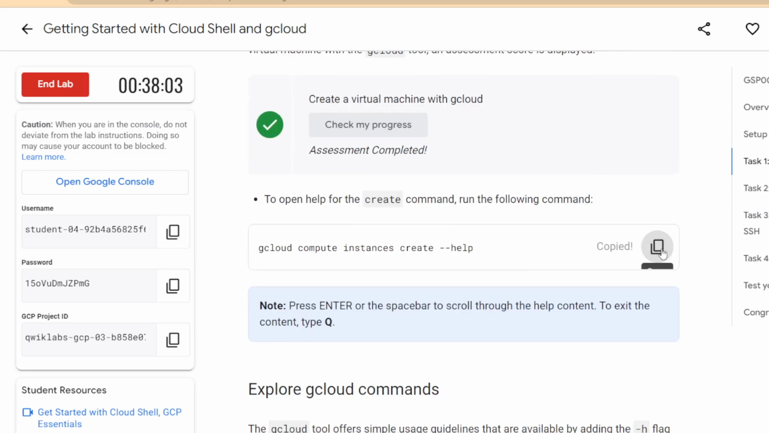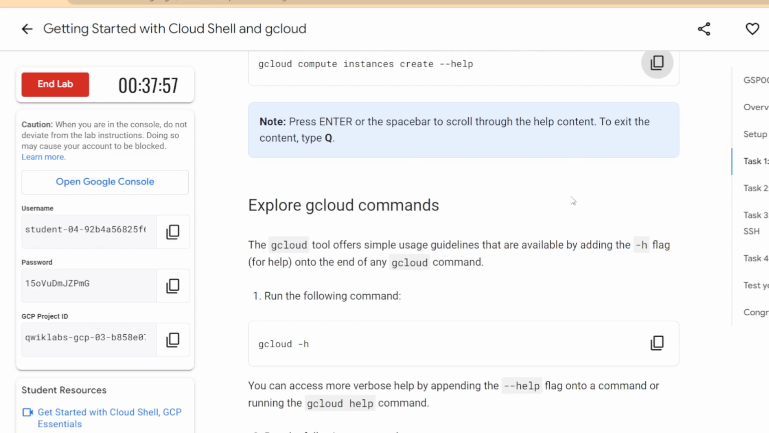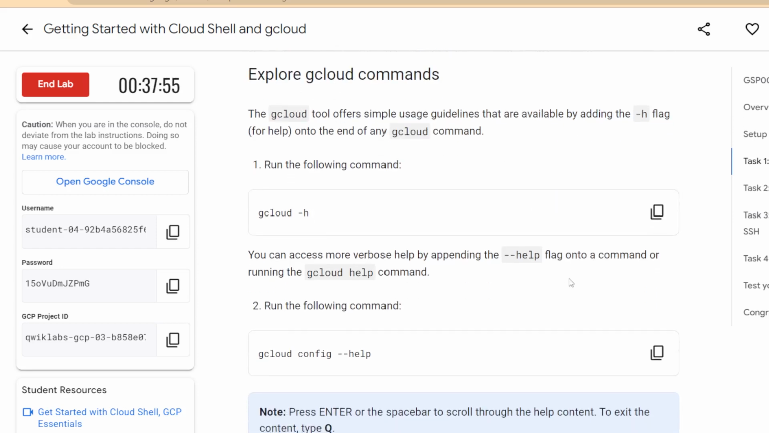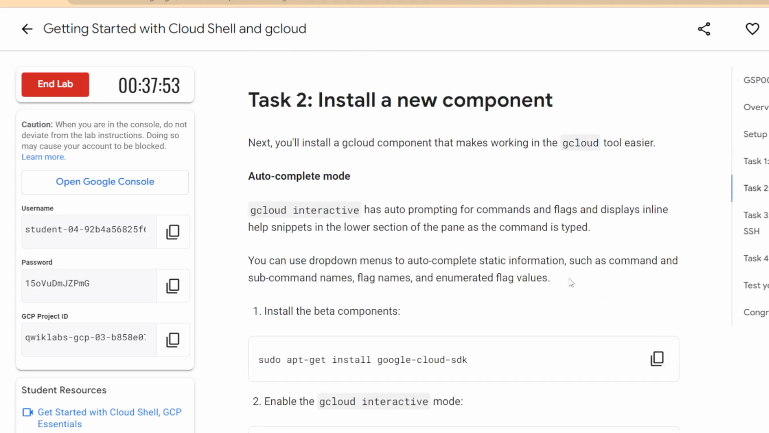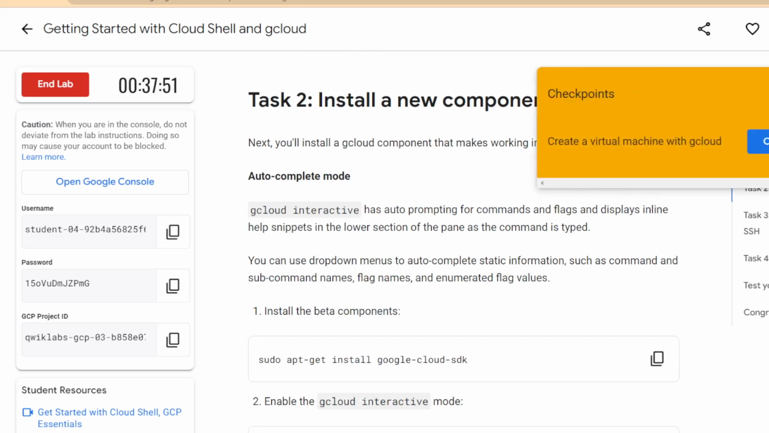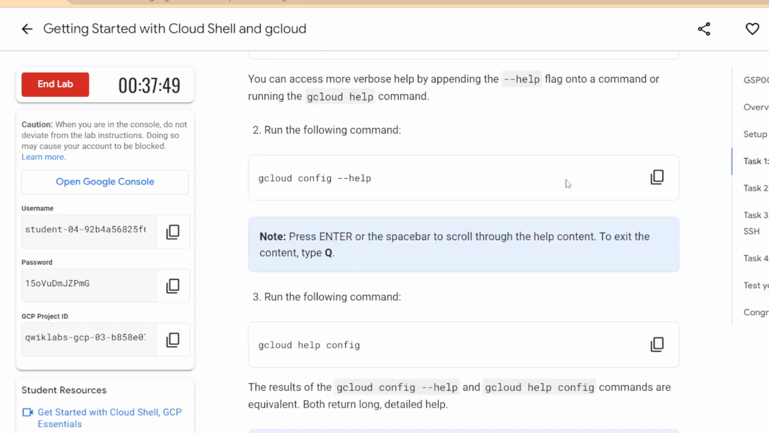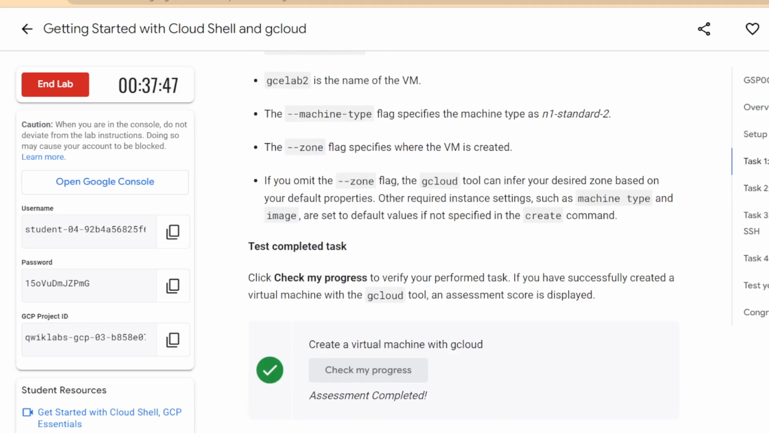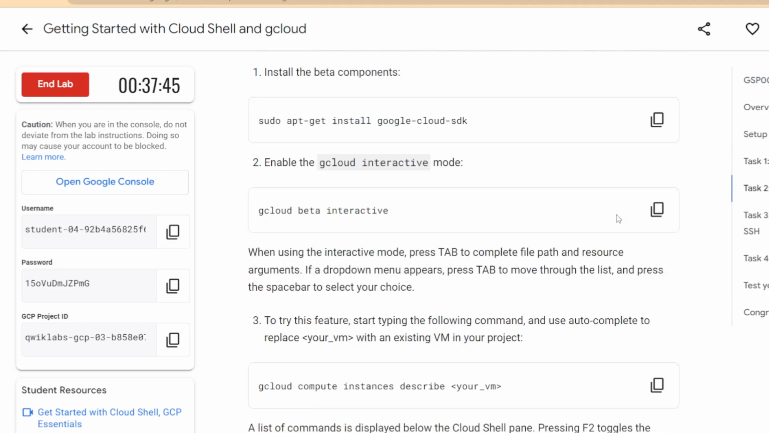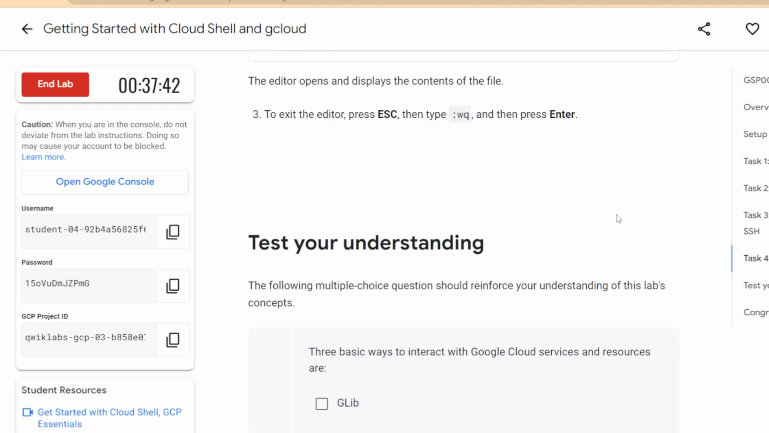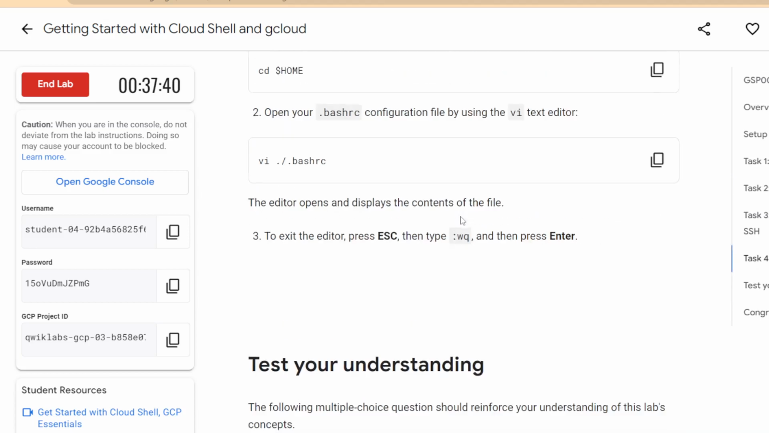Then to open help for the create command, run the following command. No need to do that. Explore gcloud commands. Okay, so basically we have done our task. You can see there are many other things there. You can do them, but I have done